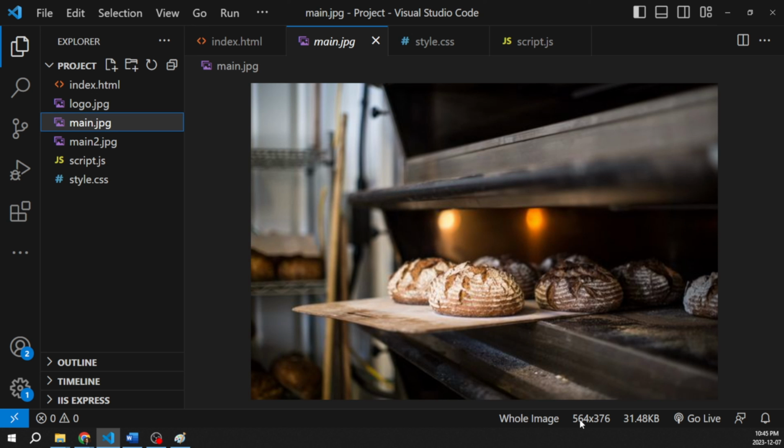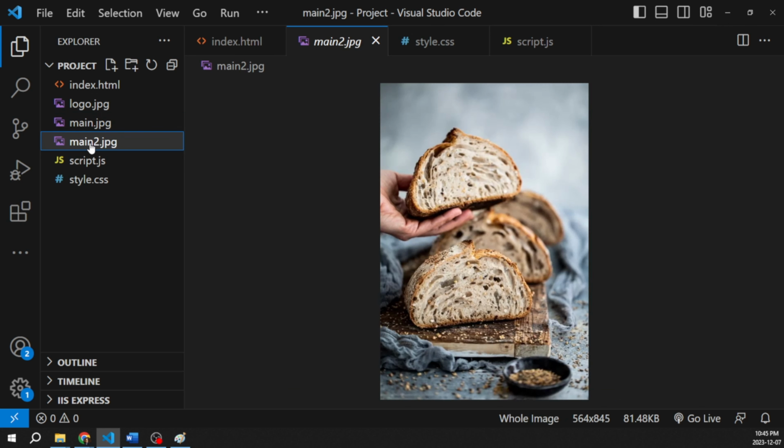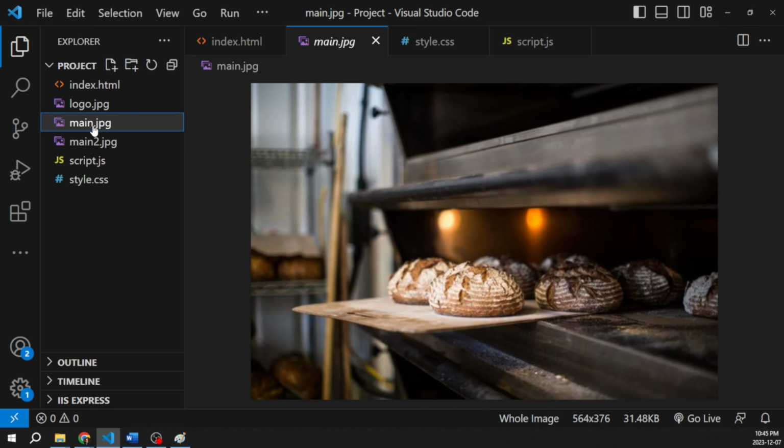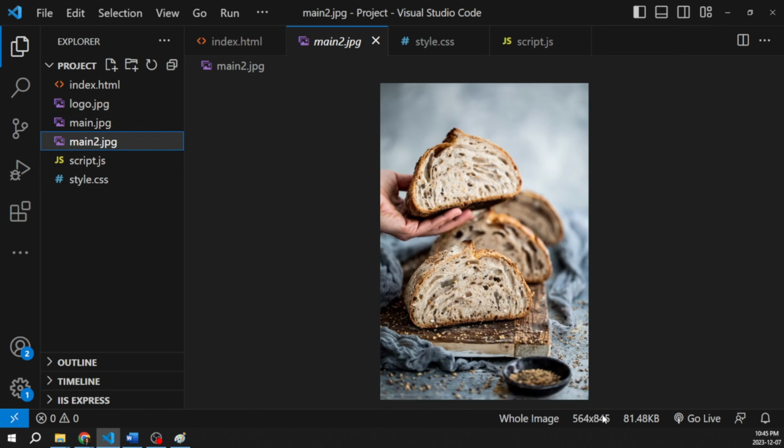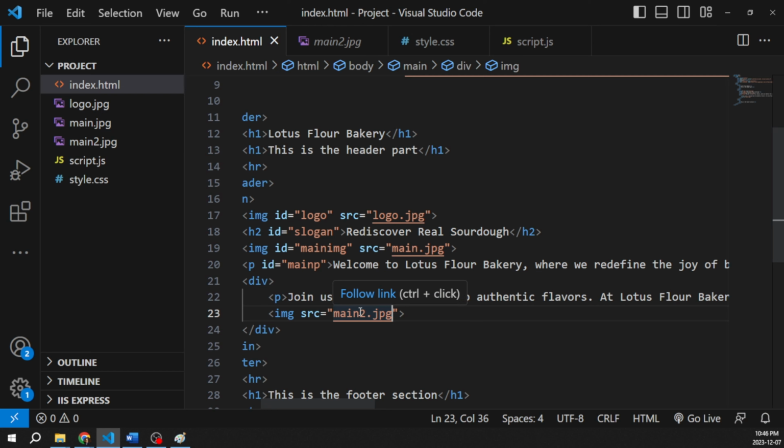You see these numbers down here. And let me just check if the width is exactly the same. It is 564, 564. So the width of those images is exactly the same. That's good. And it's okay if the height is different. That means we have more space on one side to add text, or maybe we can add some other elements like a button to order or something like that. So let's go ahead and just put the source here without any